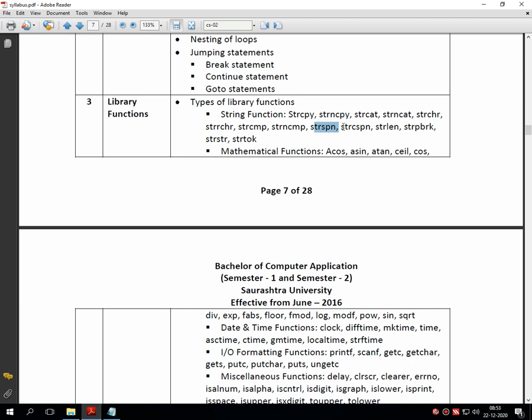Now similar like that function is strcspn. That means it will compare the two strings character by character, and it returns from which character the exact difference of string gets started. In next lecture we'll go for other string handling functions, that is strlen, strpbrk, strstr, and strtok. Okay.